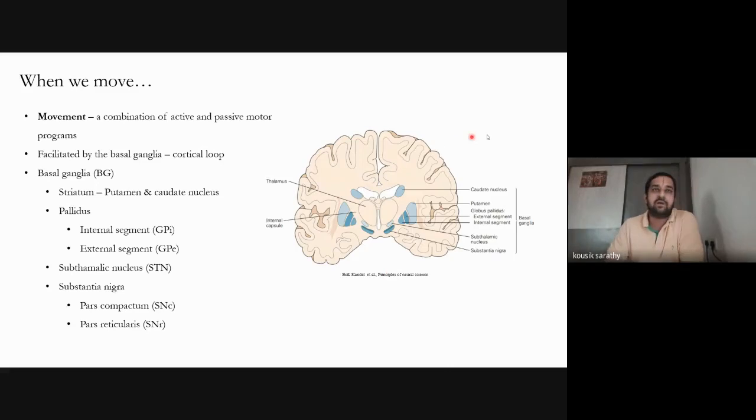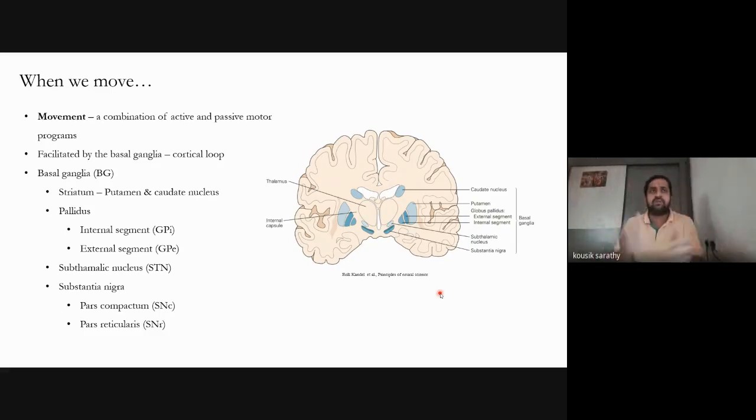Typically, movement is part of a daily routine. Movement is a very intricate, organic part of human life. And volitional motor action is a combination of both active and passive motor paradigms. So even when you want to just extend your wrist, there are two things that happen in parallel. One is the active contraction of your extensors to move your wrist up, and there is also a passive relaxation of your flexors, right? So your extensors pull and your flexors give way, right? Otherwise, your movement won't happen.